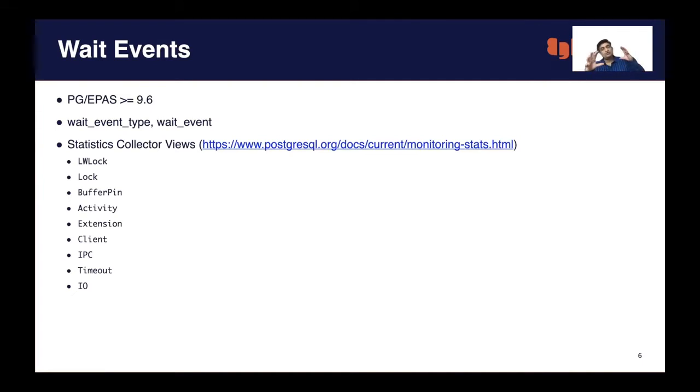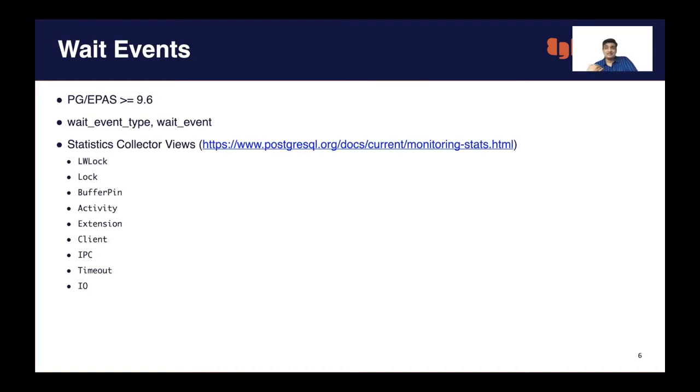If two sessions are using the same table and both are writing, one will have to wait for the other's operation to complete. One is updating the row, and the other is waiting for that row. So that's where the locks come into the picture. But that's just one part of the whole operation.